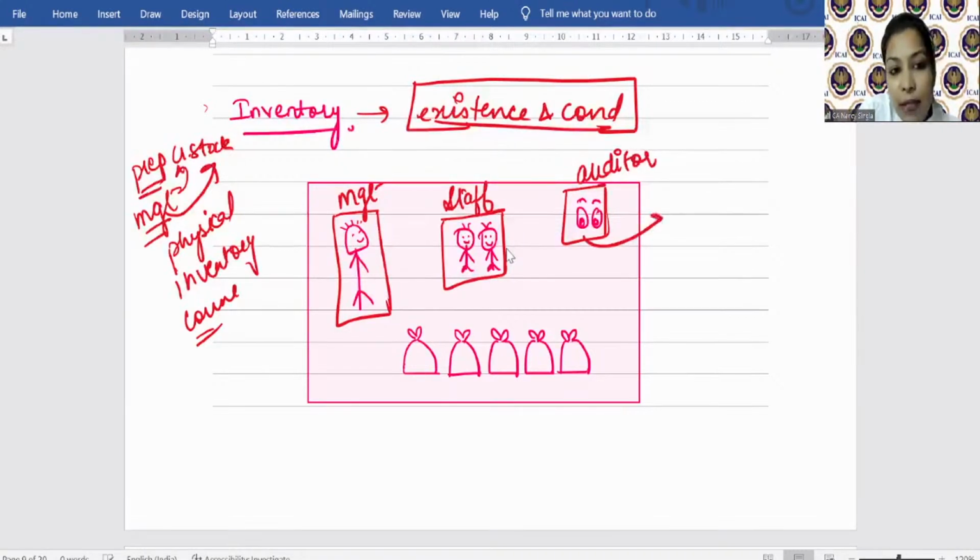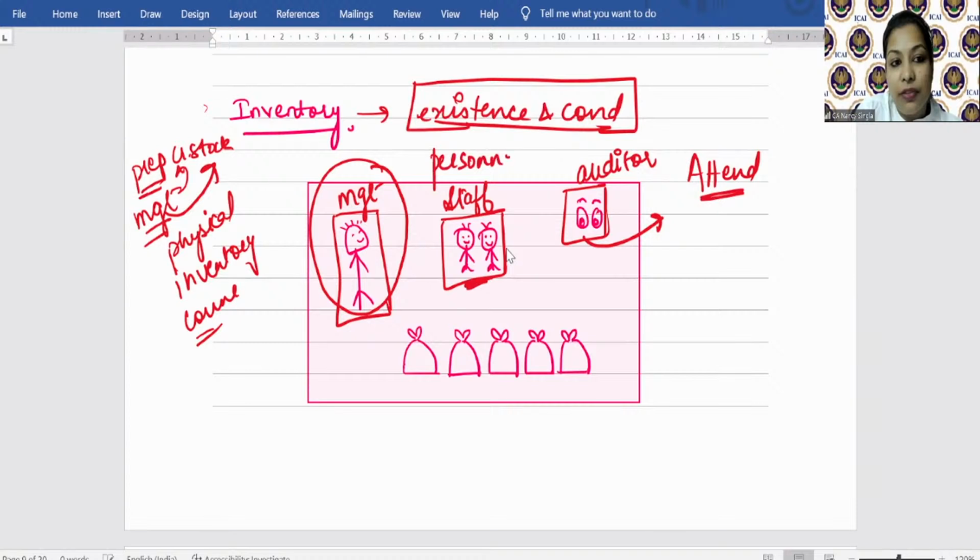ठीक है, ये साइन मैंने अब कहां बनाया था, क्विकली बताओ कौन से ऑडिट प्रोसीजर में बनाया था। तो SA 501 कहता है ऑडिटर एक काम करो, जब भी मैनेजमेंट फिजिकल इन्वेंट्री काउंट करवा रहा है अपने पर्सोनल से, पर्सोनल मतलब स्टाफ से, अटेंड करो दैट फिजिकल इन्वेंट्री काउंट अनलेस इम्प्रैक्टिकेबल। अगर नहीं जा सकते तो अलग बात है, और वो कब नहीं जा सकते वो भी हम डिस्कस करेंगे।